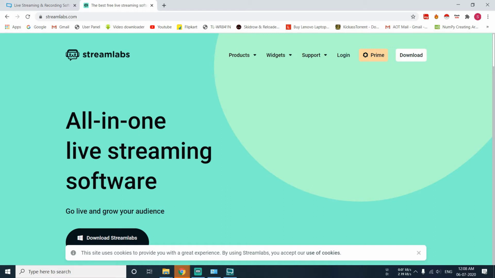Why two softwares? Because I'm going to show how to stream two sessions or two scenes together, but you can also stream multiple sessions or multiple scenes together. That is totally dependent on the specs of the PC or laptop on which you are streaming. Let's say you have a PC or laptop with an i5 processor and 8 GB RAM. Then it's better to go for two live sessions or two live scenes, not more than that.